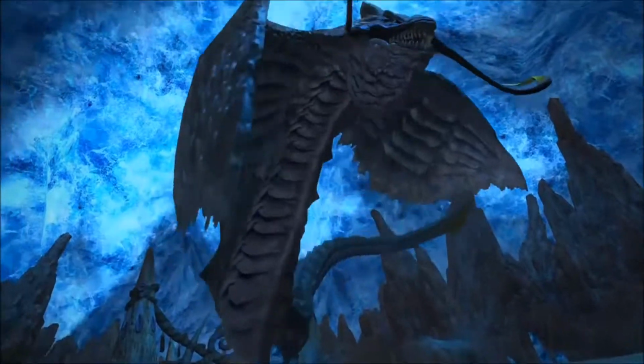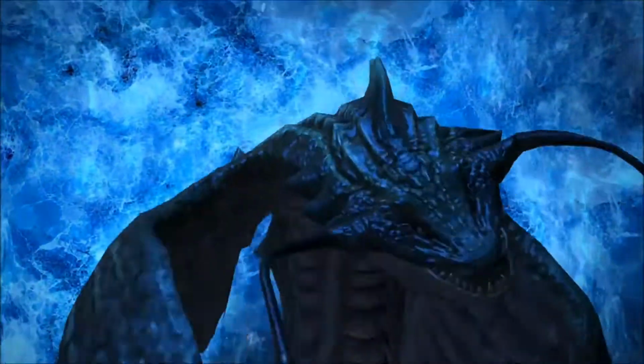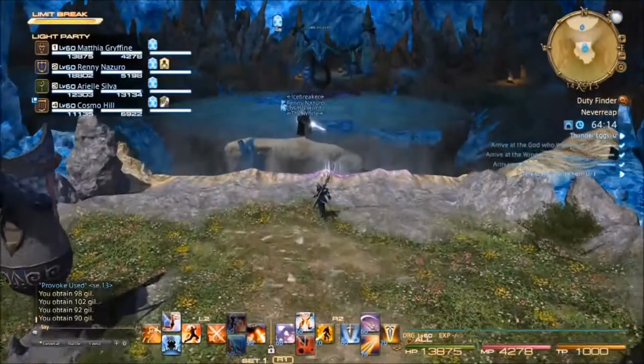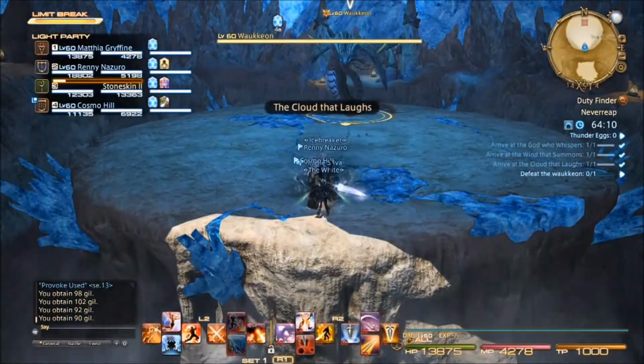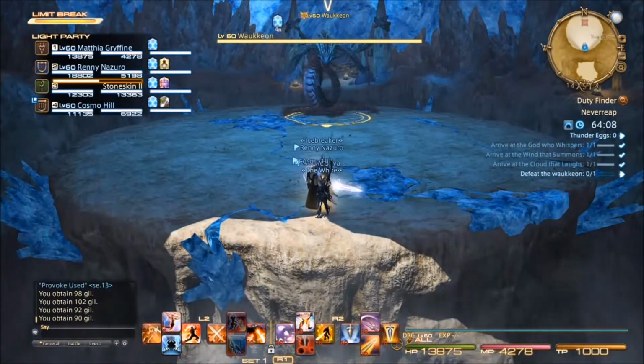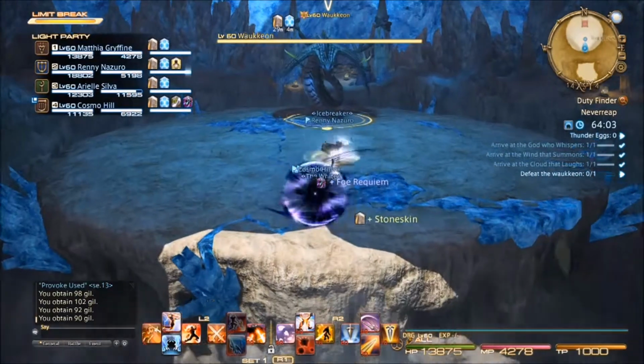Say hello to our boss of Neverreap, Wakion. Big flying serpent, with a mighty roar to boot. So, it's this enemy that you fight and get the special treasure that the Vanu Vanu are looking for. But as I'm talking about what we're doing, I'll explain why